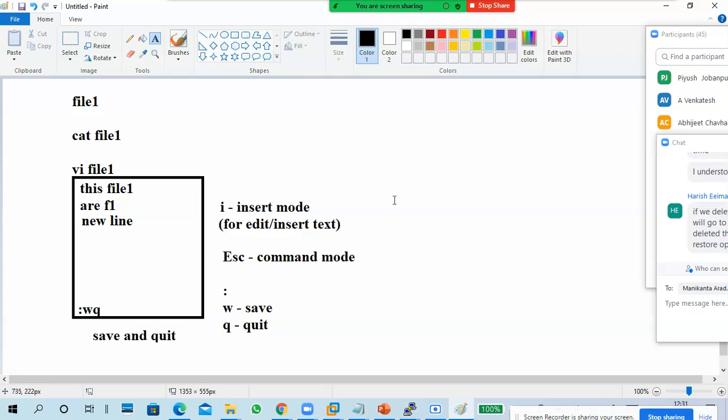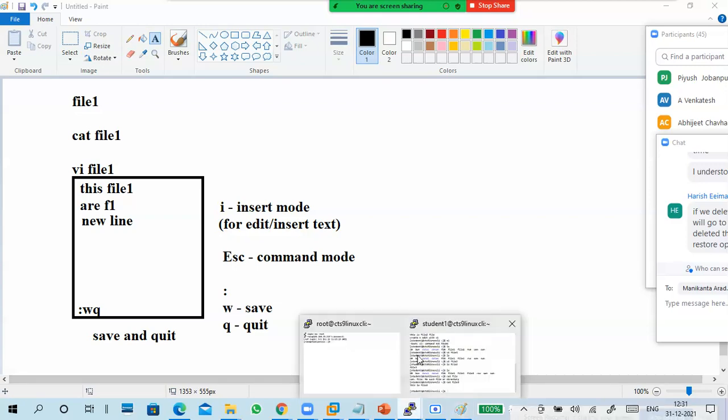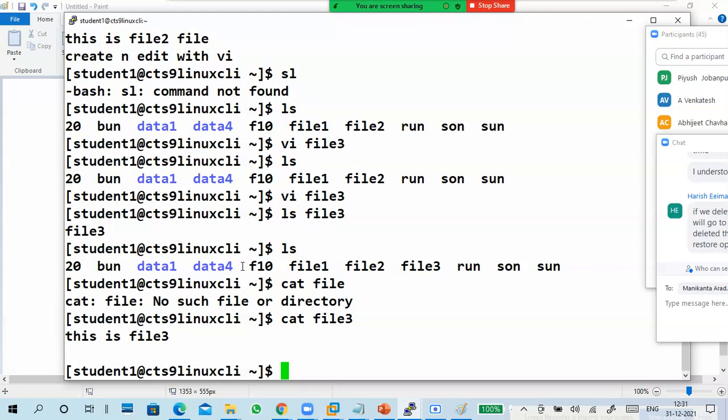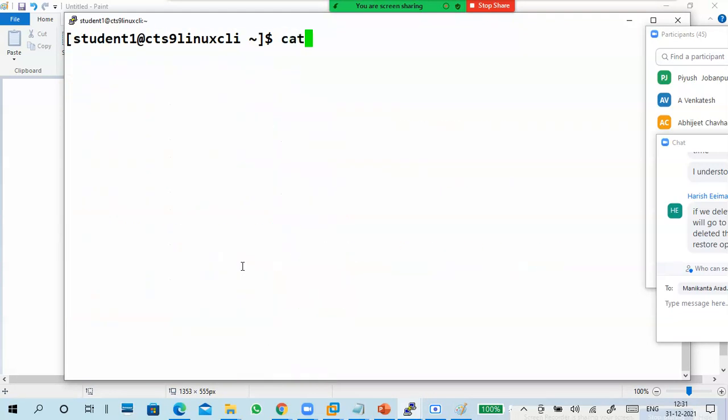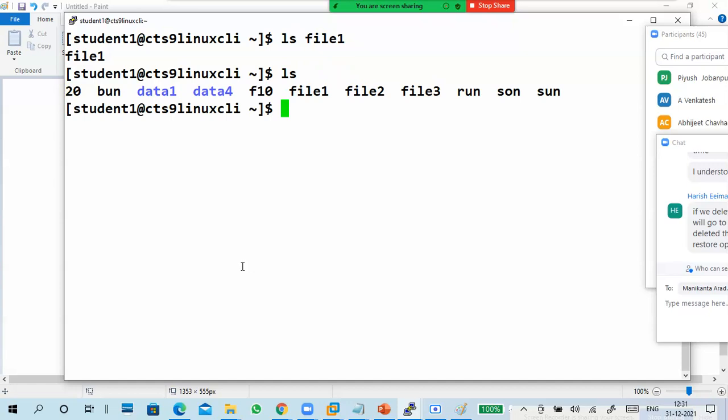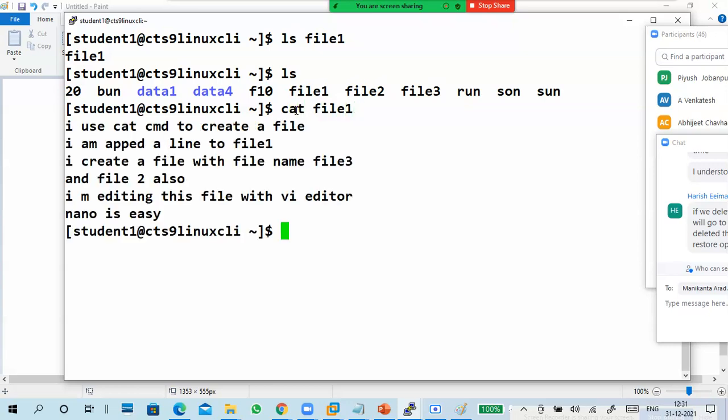Of course there are a lot of options in the vi editor, so we'll see that maybe now or later. Again, look at what files you have. I have file 1, file 2, and file 3. Take file 1, which has some data. Using cat I can insert data, but I cannot change the data.